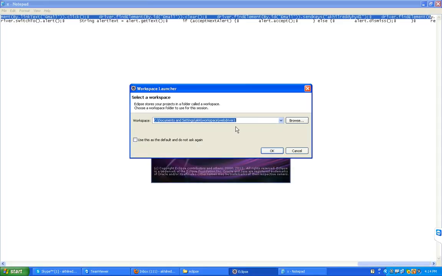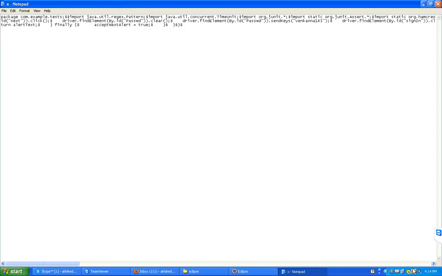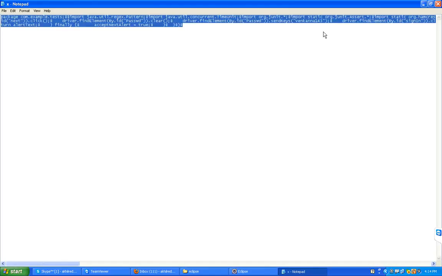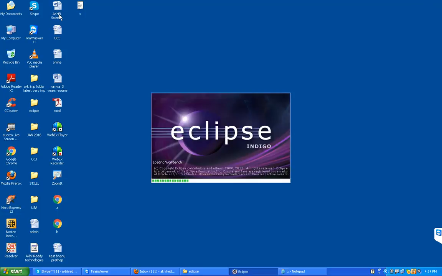I want to convert it into Java JUnit. How to convert? I saved that script, and this is the flat file. If you see this file, you can't understand anything. What is this? It will be very new. I'm copying all the script. I saved it as X. Observe carefully.